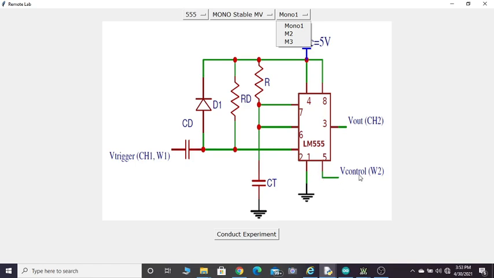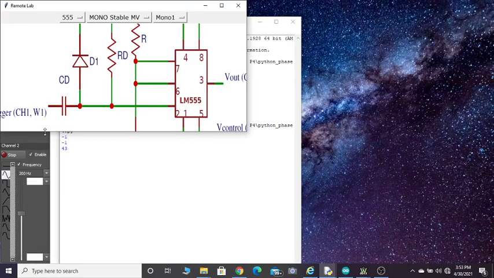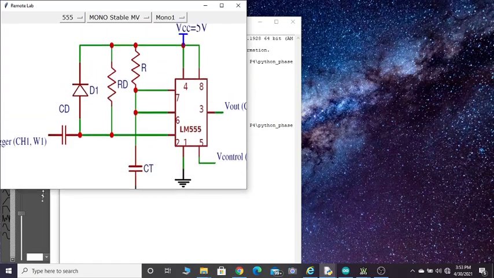We have an option of changing the control voltage so that we are able to change the width of the pulse. So we have to apply a square wave using channel 1. Using channel 2 I can apply a DC voltage, and of course in the second channel I can see what is the pulse width that I am supposed to get from this monostable multivibrator. So let me just